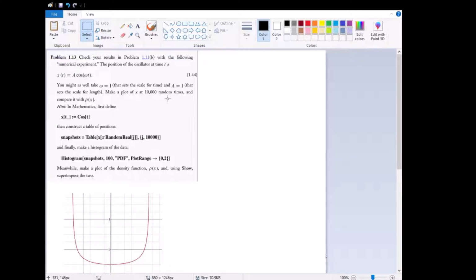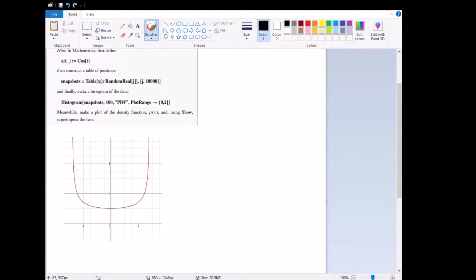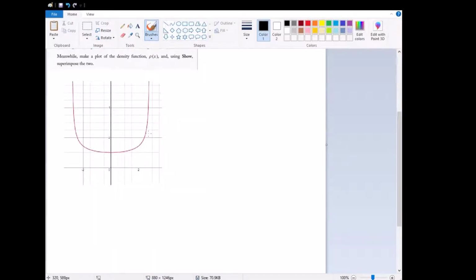this using a program. So just to start off right away, we're going to look at what rho of x actually looks like for a simple harmonic oscillator, and we did this in 1.11. It looks something like this, where our particle has a higher probability to be along the edges of our